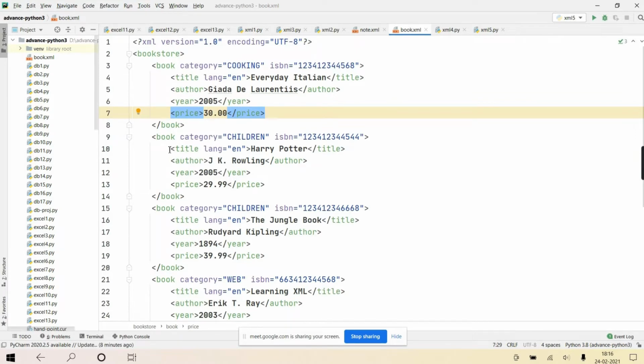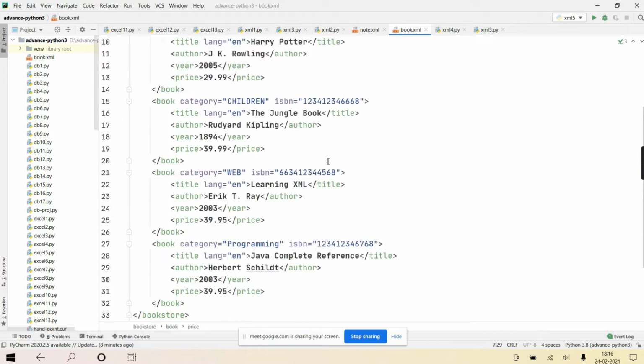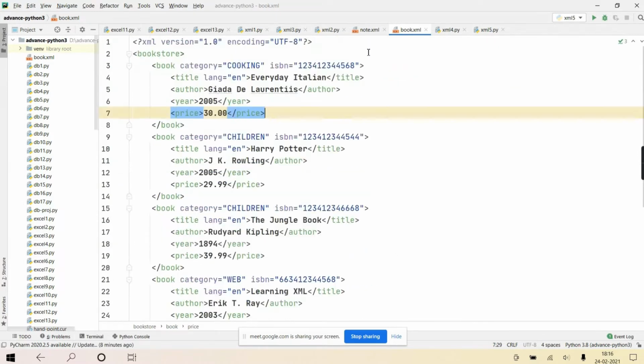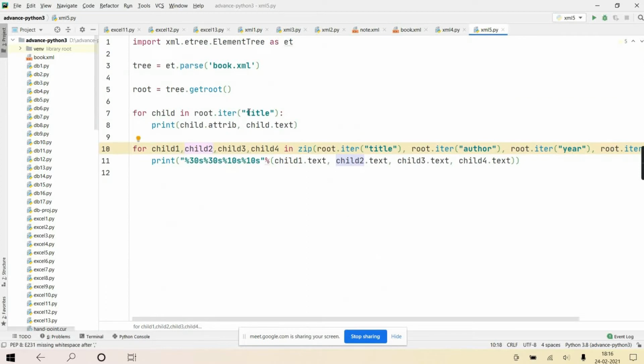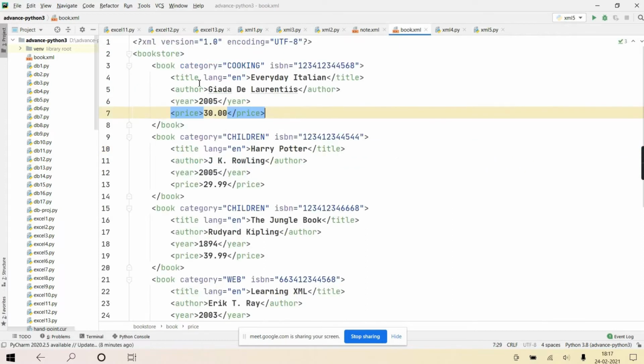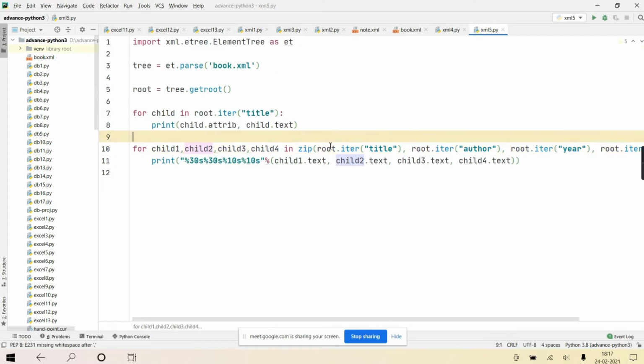Getting it? So here one is there, second, third, fourth. As many elements with the tag name title as there are, they all come in that collection, and then you're using it in a for loop. So from that list we are fetching values one by one. Each value is again an object of Element. So we are printing that element's attribute and text. The attribute and the text content, attribute and the text content, that gets printed. Do you understand?